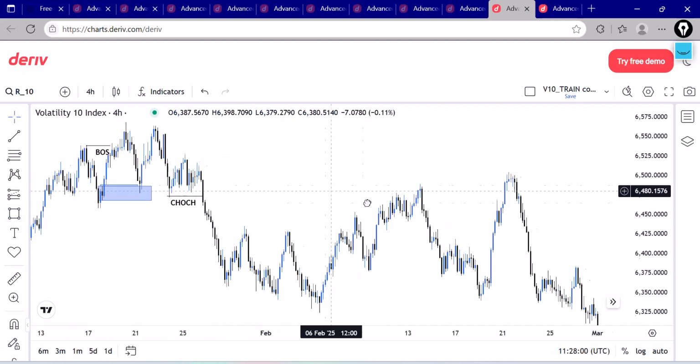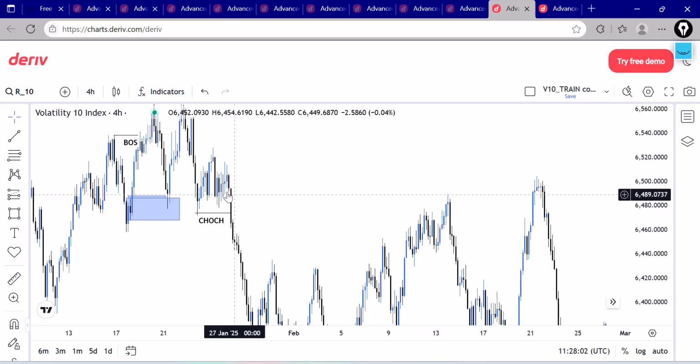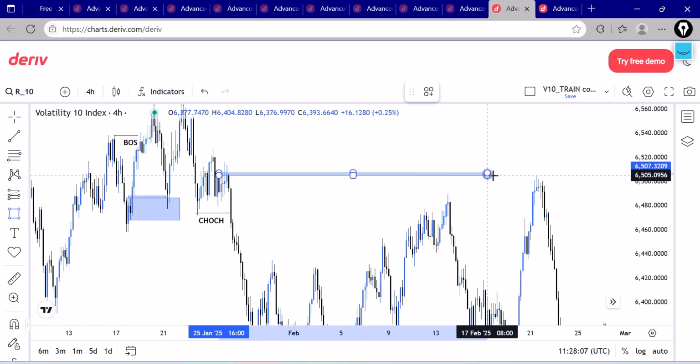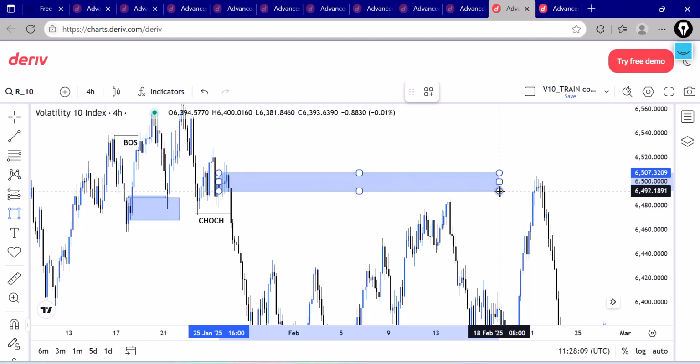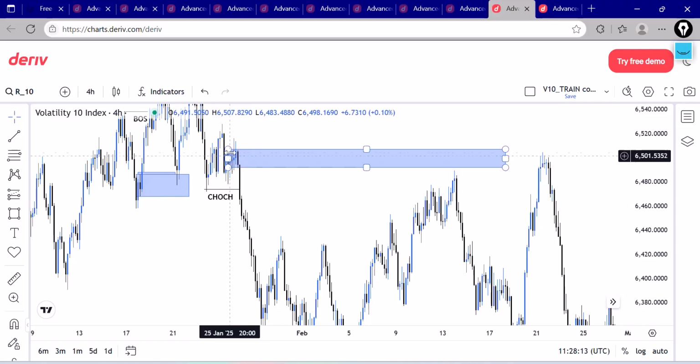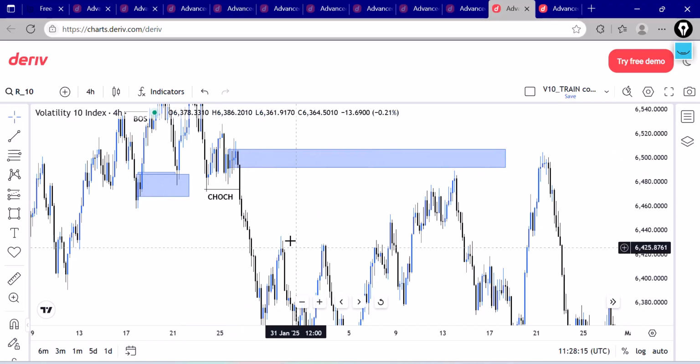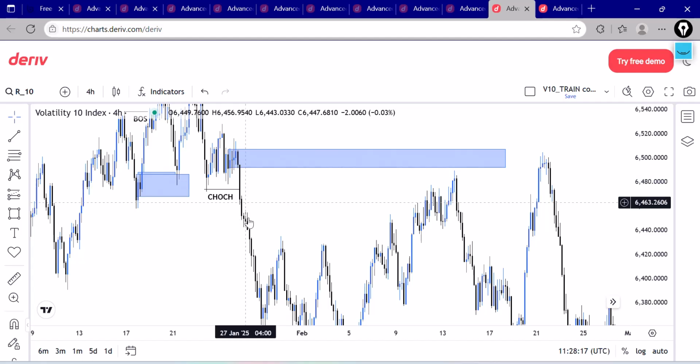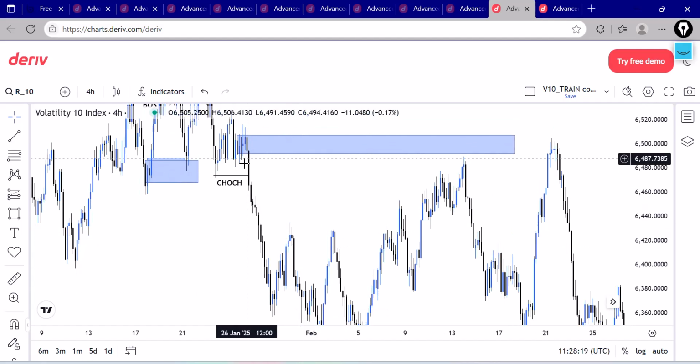Now, where is that zone that caused that massive break of structure? This is the zone, and this is the candle that caused the movement downward. That's the candle right there. So we see there was a break of structure to the downside. There was that massive movement down, there was a break of structure, and then we have